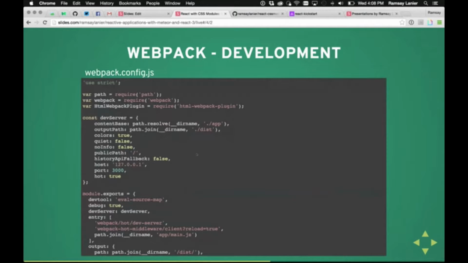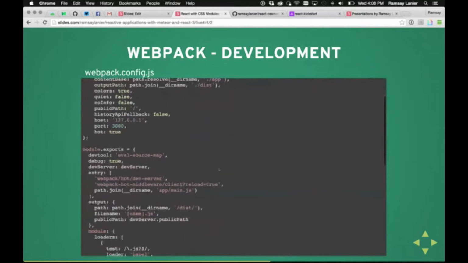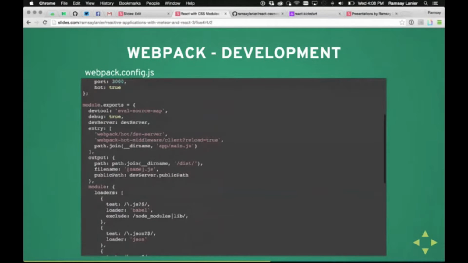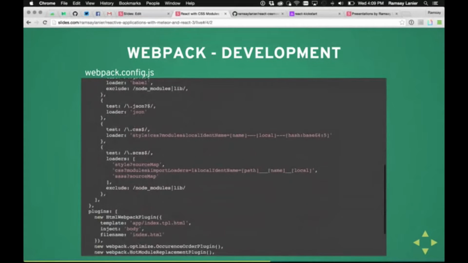If you aren't familiar with Webpack, don't worry. This is kind of crazy, but it's very similar to a general Webpack setup. However, the only difference really here, and you can see I'm using things like Webpack dev server, so you can get hot module loading and stuff like that. So Webpack's really, really powerful. But I want to point attention to this part.